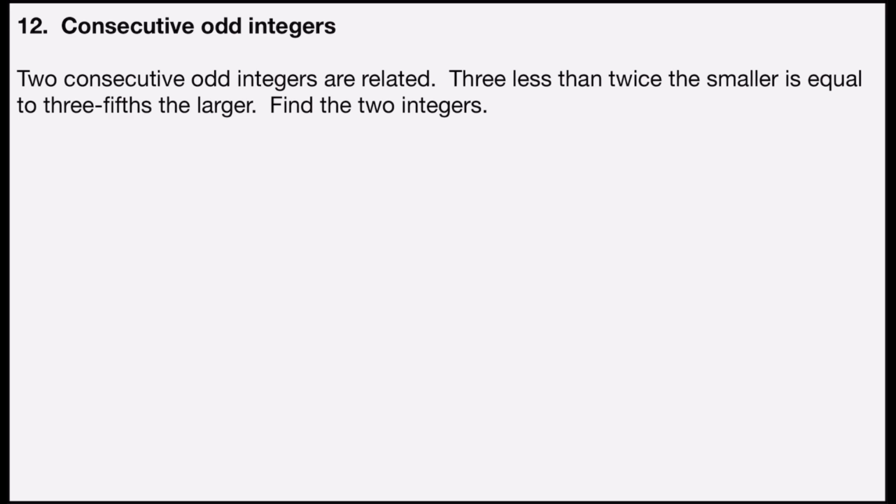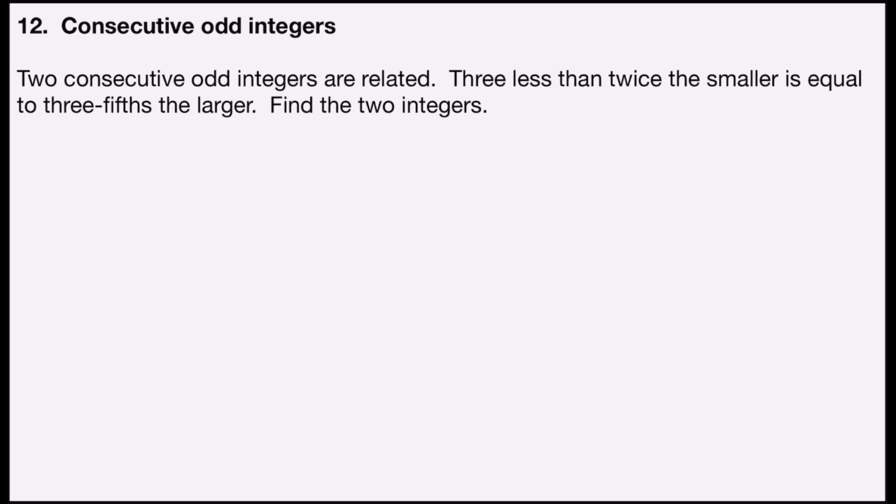Problem number 12 is consecutive odd integers. It says two consecutive odd integers are related. 3 less than twice the smaller is equal to 3/5 the larger. Find the two integers. So just like consecutive even integers, consecutive odd integers are also two spaces apart on the